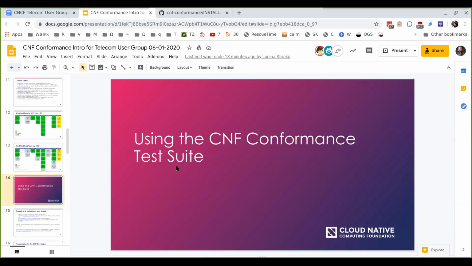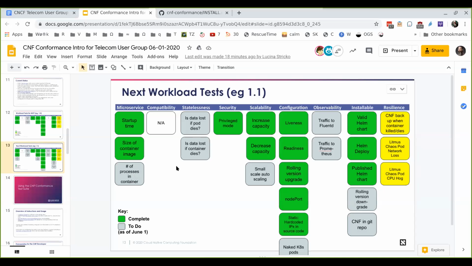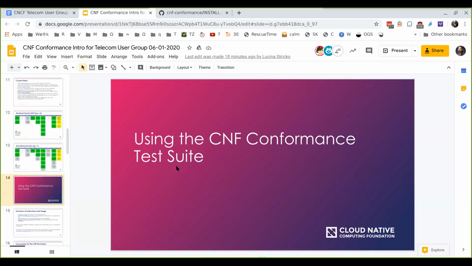The next thing I'm going to get into is actually using this if you're interested. So I'm happy to stop if there are any questions more of the plan and where we are versus before I go into using this. And Dan, if you have anything that you want to add before I get into the usage? No, I think